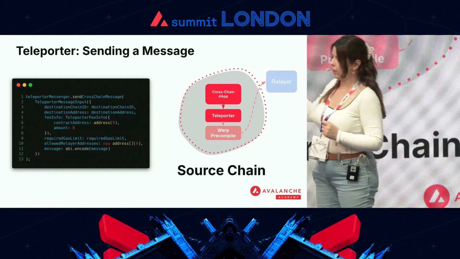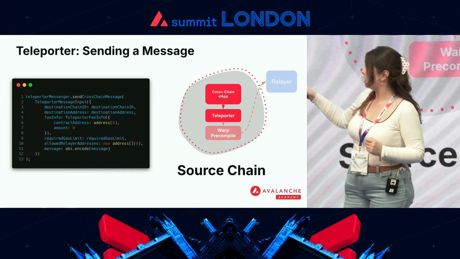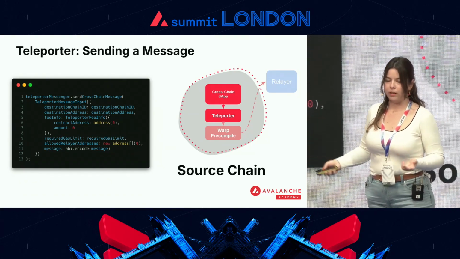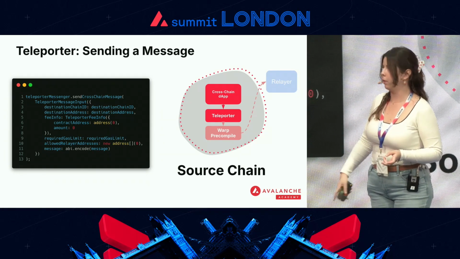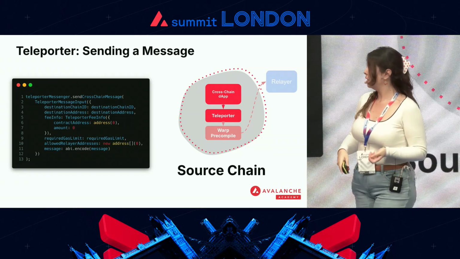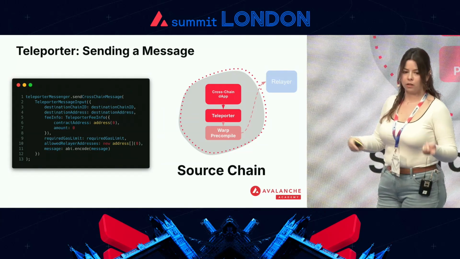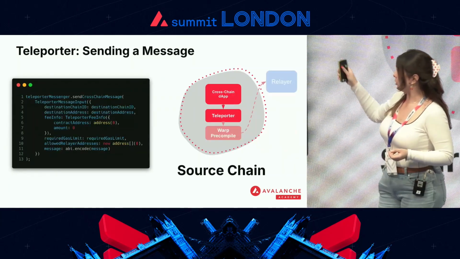And this is how the structure on how to send the message looks like. So you have this Teleporter Messenger contract. That is a contract that is deployed, or you can deploy it. Actually, the next talk is going to be how to deploy your own Teleporter and set everything up for your own chain with Ilya. It's going to be next. But once you have everything set, you will have that contract that you can just call that sendCrossChainMessage